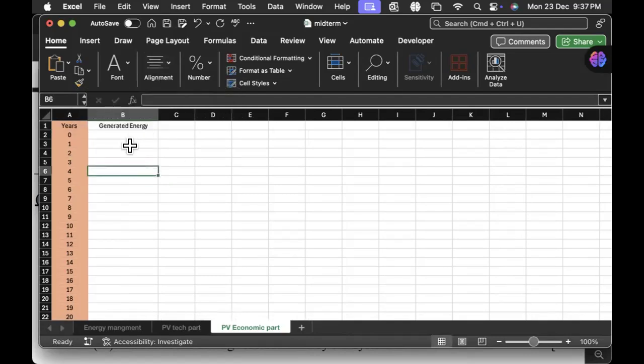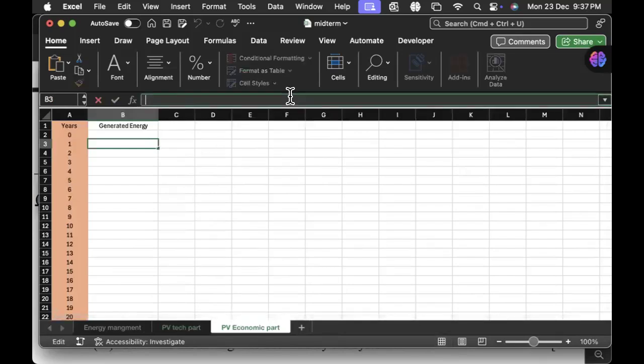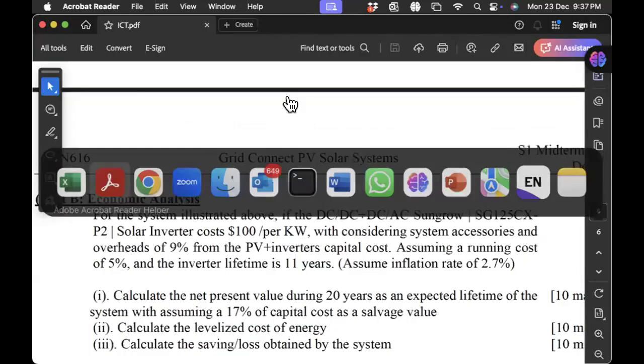So with respect to our calculations, the system is going to generate 44 kilowatt hour per day. However, we expect some sort of 20% losses in the system. So what will typically reach the load or the grid will be this 35 point something kilowatt hour per day. Assuming that this was calculated based on an average equivalent sun hours or average peak sun hours, we can say that the total energy yield starting from year number 1 will be this number,